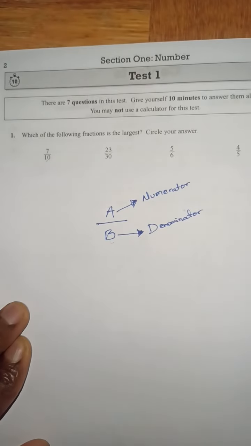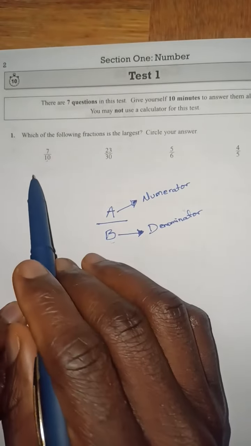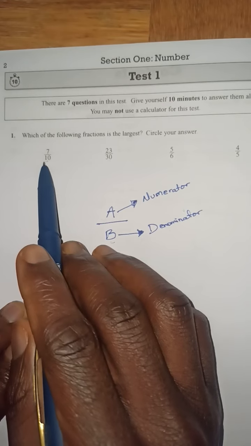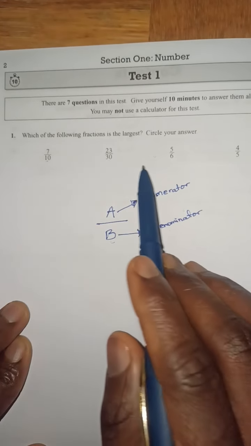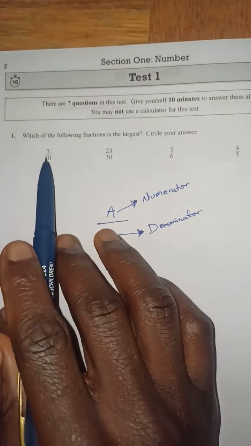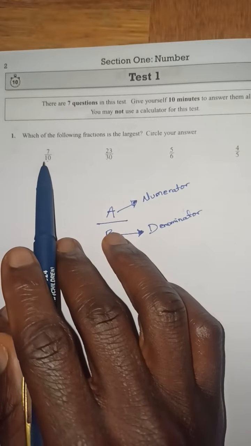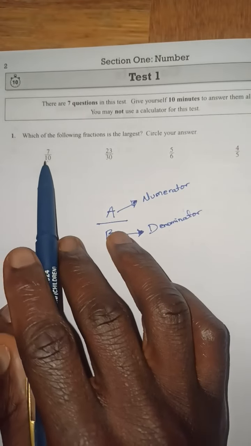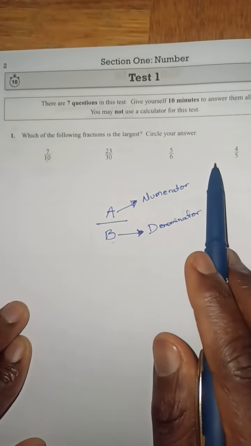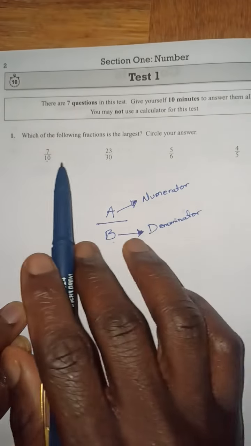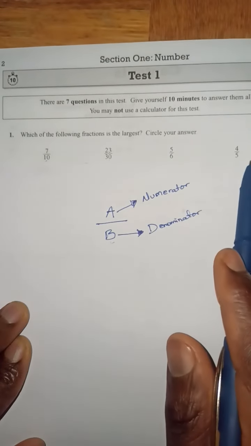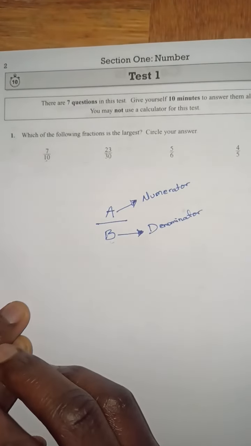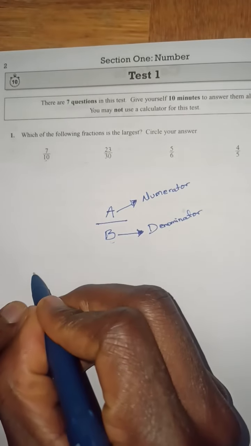Okay, so what do we want to achieve? What you want to achieve here is to ensure that all the denominators, individual, this is a separate fraction, but you want to ensure that all of these fractions have a common denominator, or a denominator that is the same. And how do we achieve that? So remember